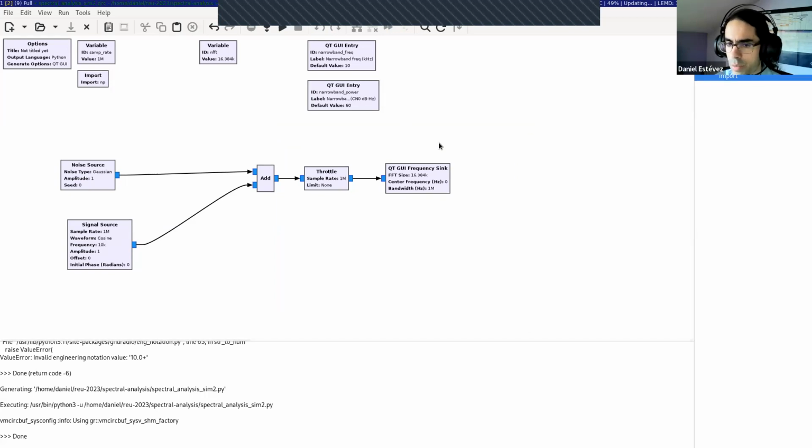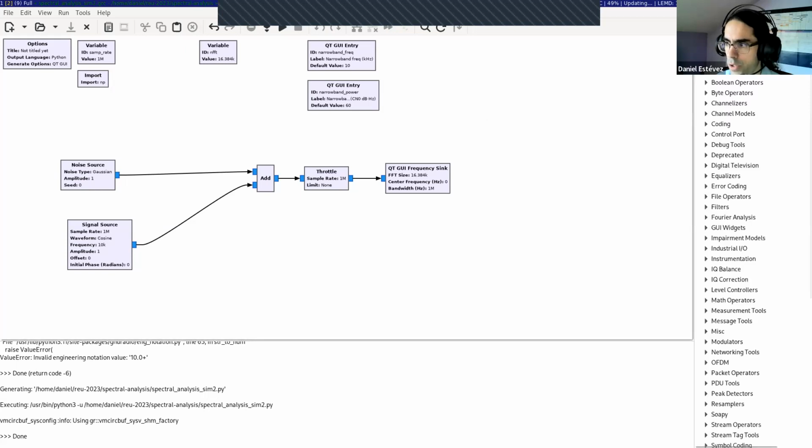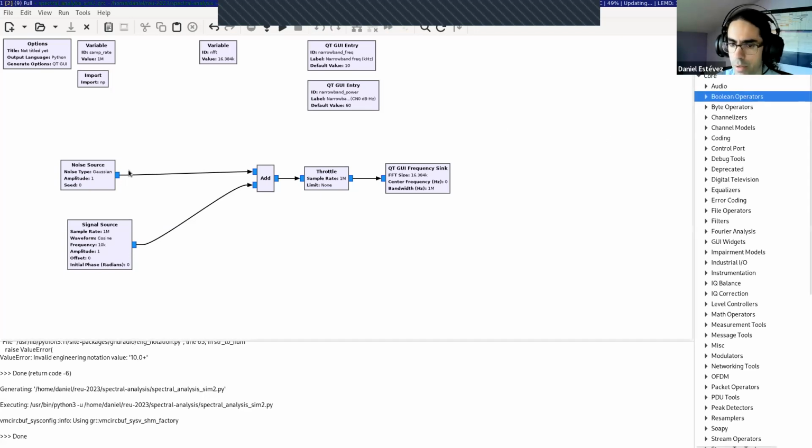Another kind of signal that we are interested in is a wideband signal. The wideband signal basically looks like noise, but it's oftentimes limited to a certain bandwidth, either because it's a communication signal and the communication signal can only occupy a certain bandwidth because that's the bandwidth allocated to that communication service, or because it's a natural radio astronomy spectral line, which has a particular line width because of Doppler effect and physical reasons. The way to generate this in GNU Radio,